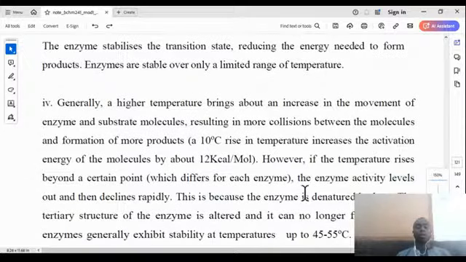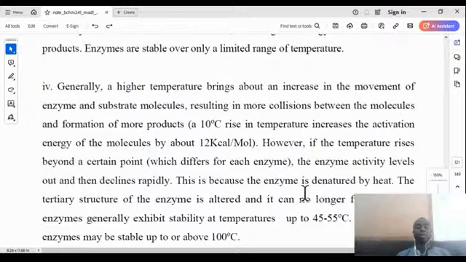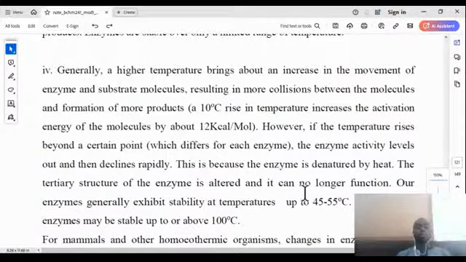However, if the temperature rises beyond a certain point, which differs for each enzyme, the enzyme activity levels out and then declines rapidly. This is because the enzyme is denatured by heat. Because these enzymes are proteins in nature, they have their levels of structure, the three-dimensional structure, the tertiary structure, and it enables them to function for a particular reaction or a particular biological activity that the protein is